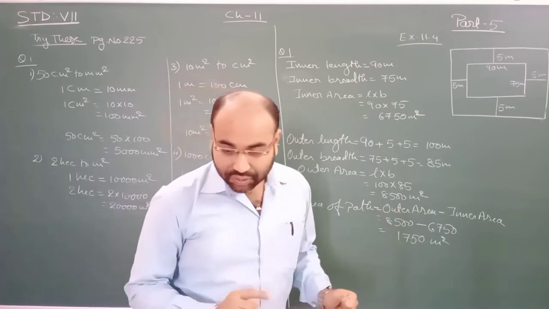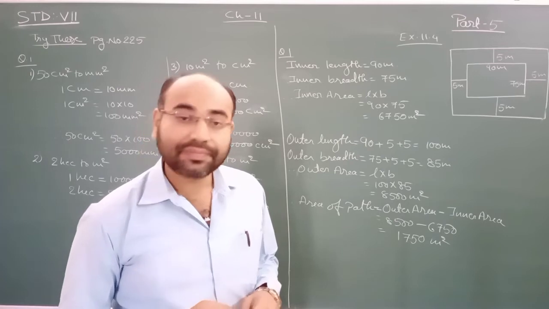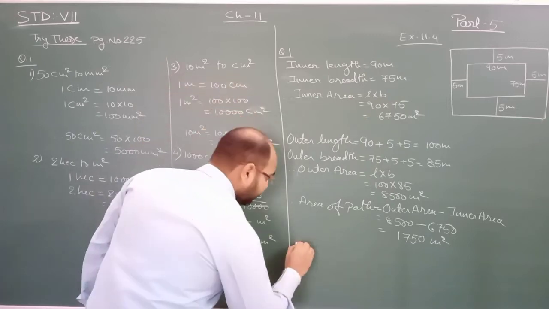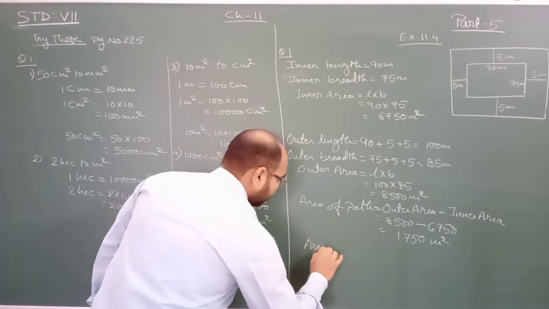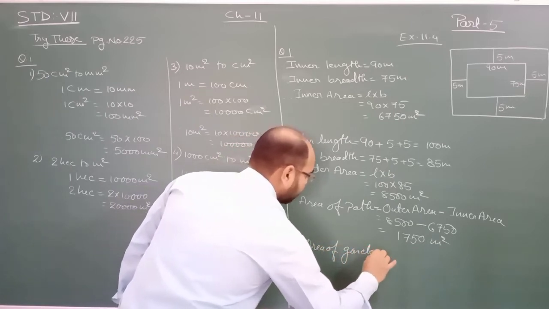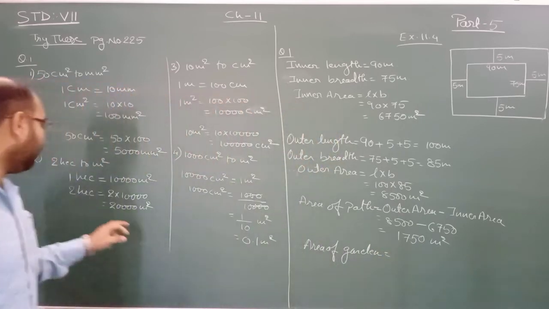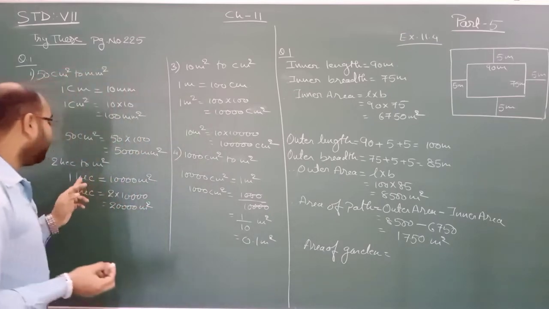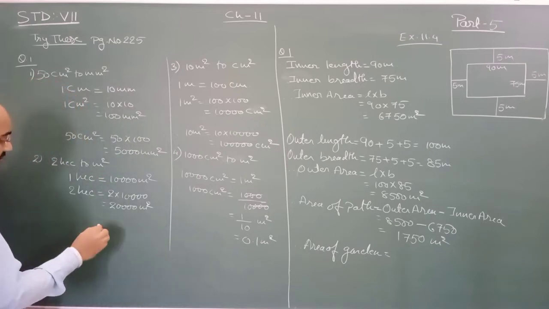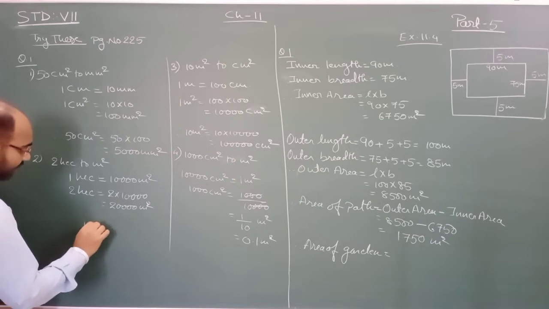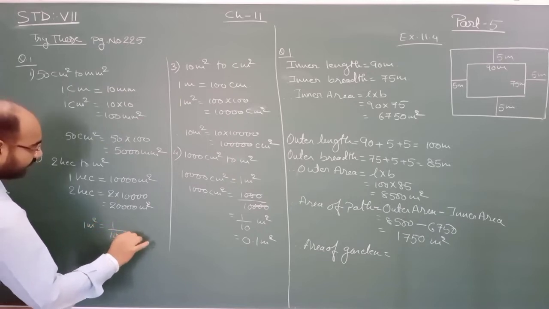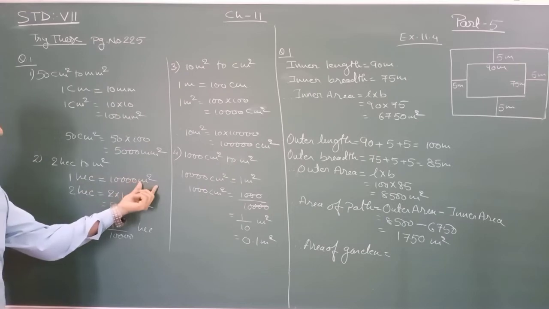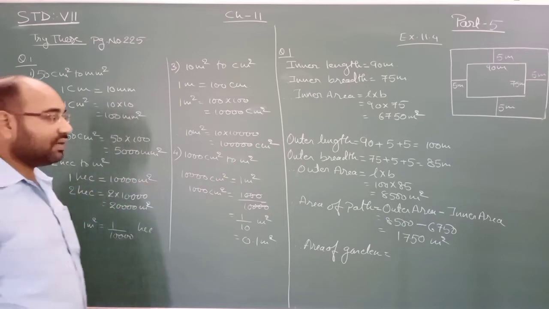अब सेकेंड पार्ट जो दिया है उसमें क्या बोला है, that we have to find out the area of the garden in hectares, हेक्टर में उसको फाइंड आउट करना है। So now we know that 1 hectare is equal to 10,000 meter square होता है। So 1 hectare means 10,000 meter square, so we can write down that 1 meter square is equal to 1/10,000 hectare, क्रॉस मल्टीप्लिकेशन में इसके नीचे चला गया।